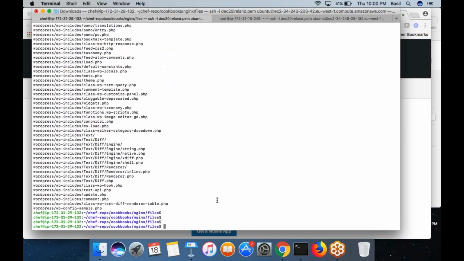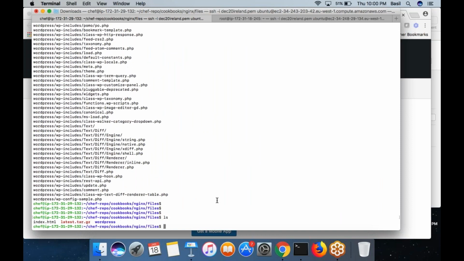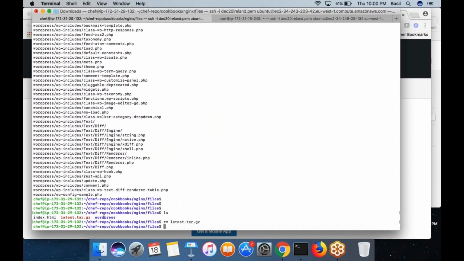Extract it. So you got your WordPress folder, right? So basically you saved this WordPress folder inside the files folder. Great. This folder is going to be copied to the www.html folder of web001 machine. Great. Then what you want to do?